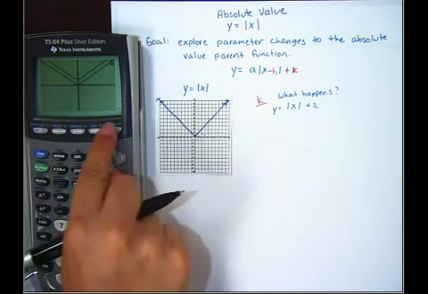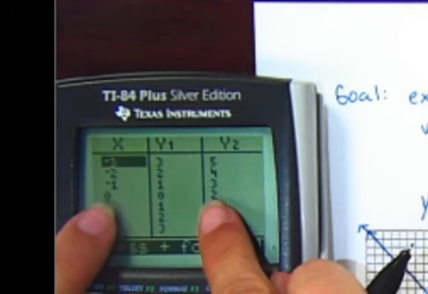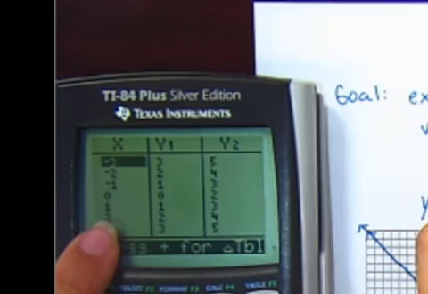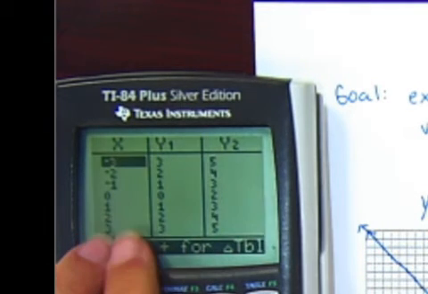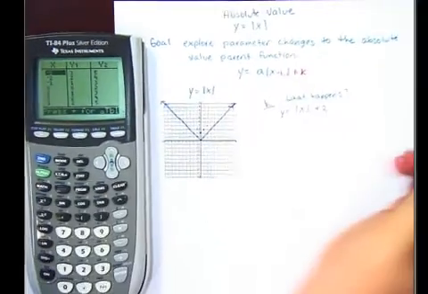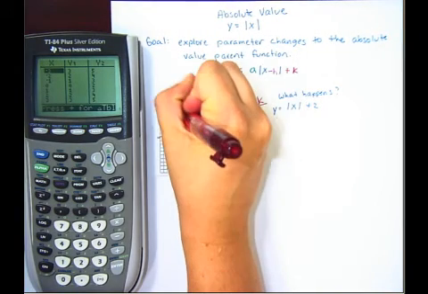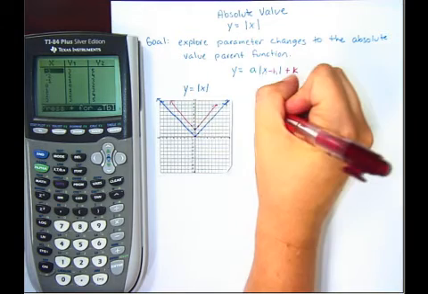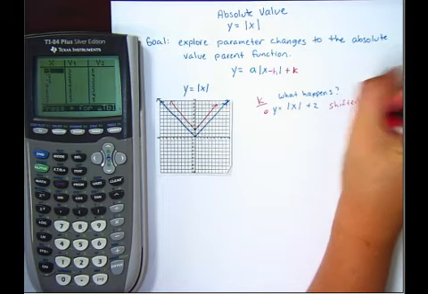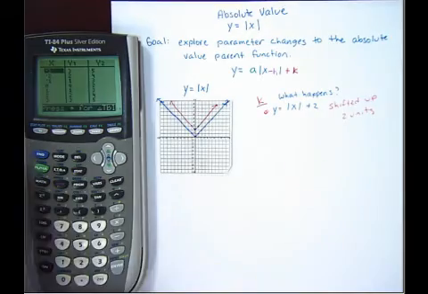To verify this, we can go back to our table and see that our point was at 0, 0, now it's at 0, 2. The point that was at 1, 1 is now at 1, 3. Point that was at 2, 2 is now at 2, 4. So all of these points have indeed shifted up 2 units. So after we finish graphing this, which it's always good to graph in a different color, so that way you can see what's happening. Here's a red graph. We know that this shifted up